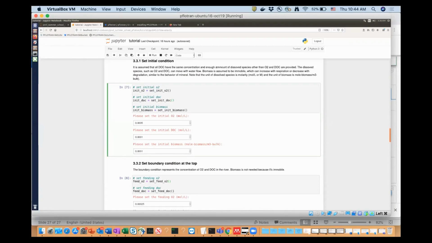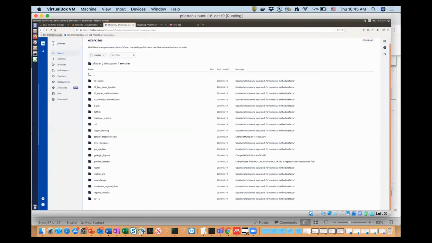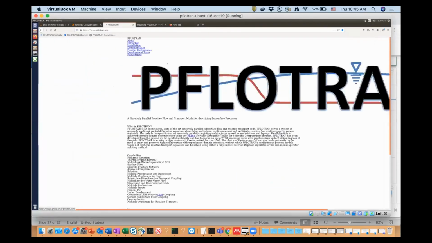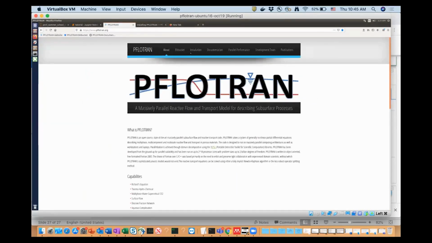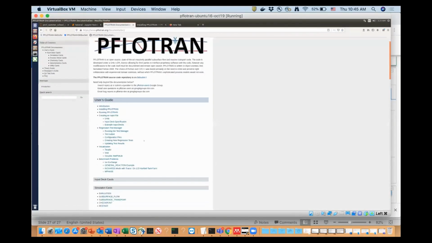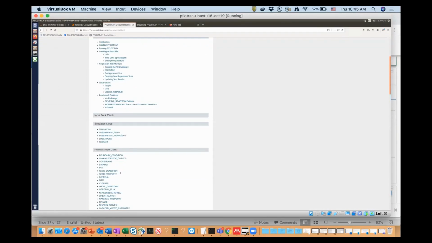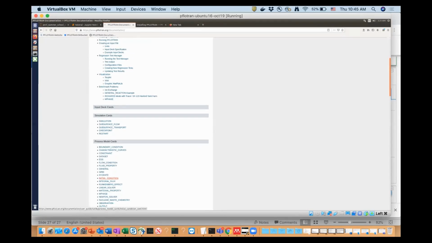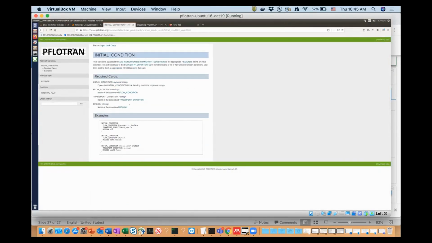Yeah, if we want to develop a GUI for that, probably it needs a lot of effort because there are many options, as you see in the website. If you want to develop a GUI for that, probably it needs a lot of time and a lot of effort, with many people to work on that problem. If you go to the documentation, you will see there are many processes, and in each process, keywords. In each keyword, there are many sub-keywords. So if you want to put a label,